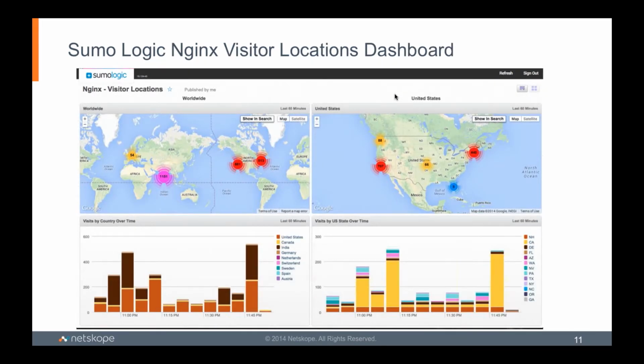I really like this Nginx visitor locations dashboard that Sumo Logic provides, and it not only shows across the globe where people are coming from, but you can drill in to specific countries, and you can see that we are getting a lot of visitors from, for example, Europe and US, and also in India, where we have a development team. In the US, you can see that we're getting lots of people from Northeast and the West, Northwest, as well as the Southeast. You can have divisions based upon users in different states, and you can also then have